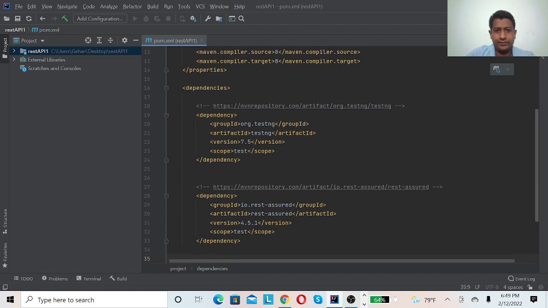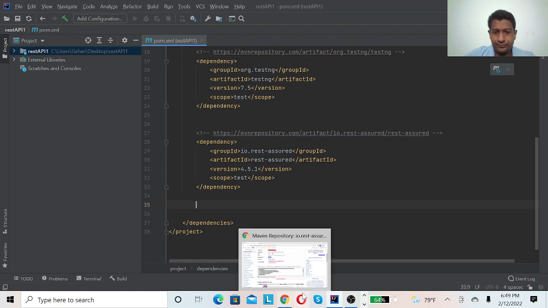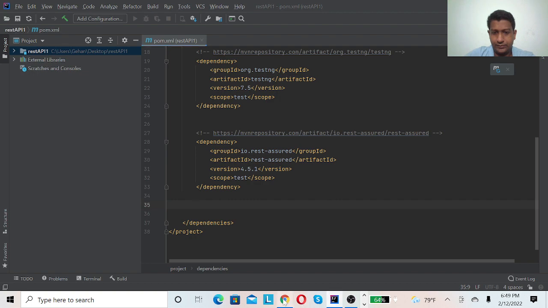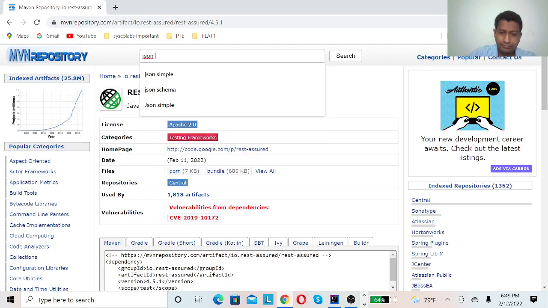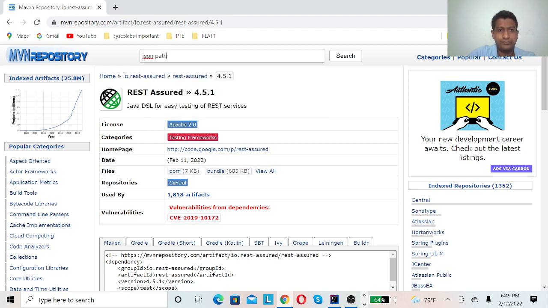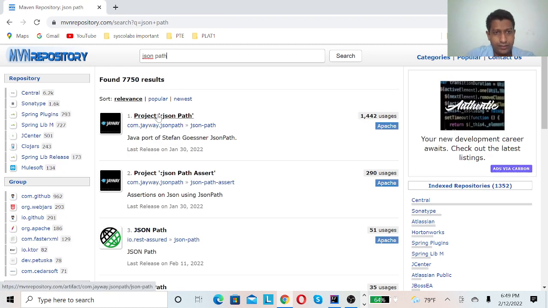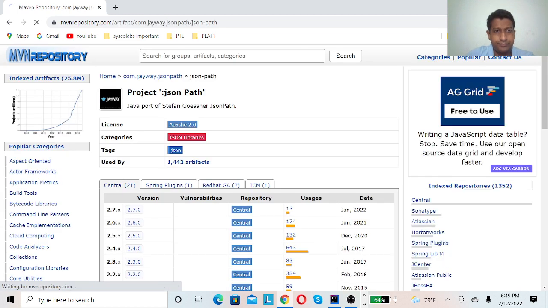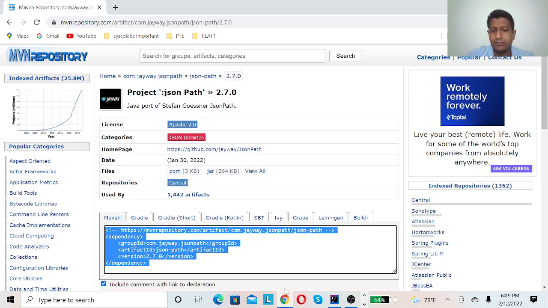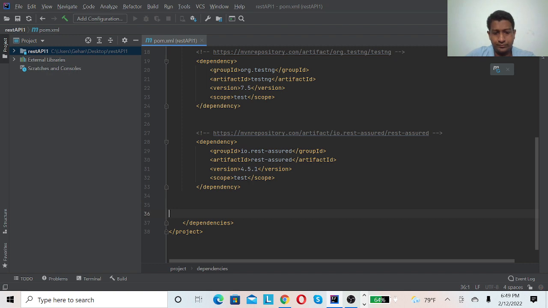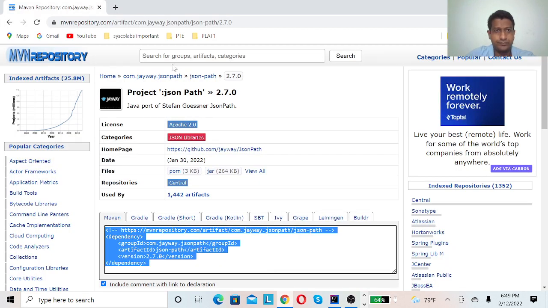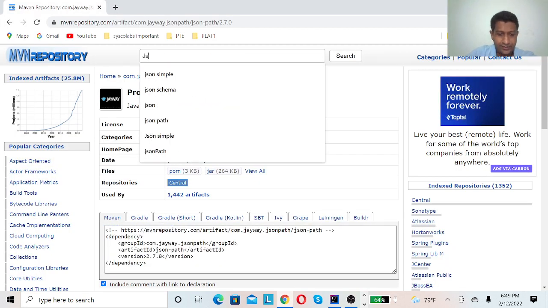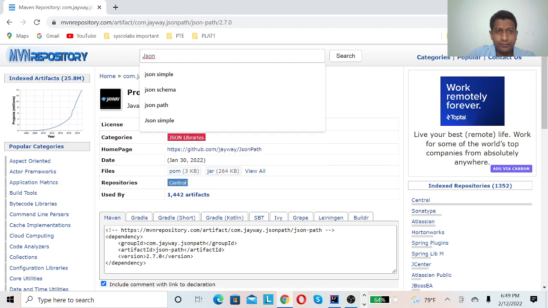Then I will get the JSON path. Then I will get JSON simple for creating JSON objects.